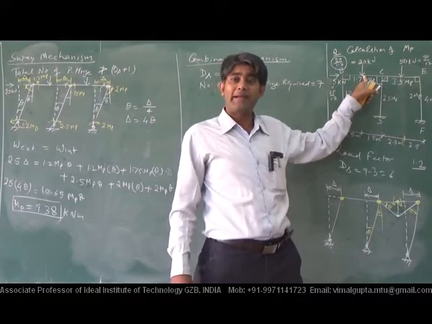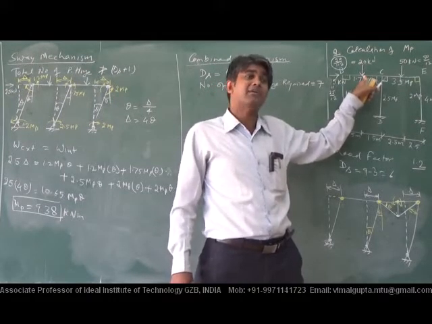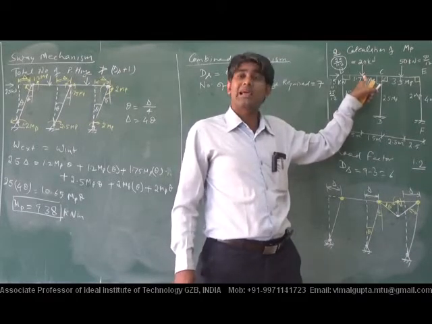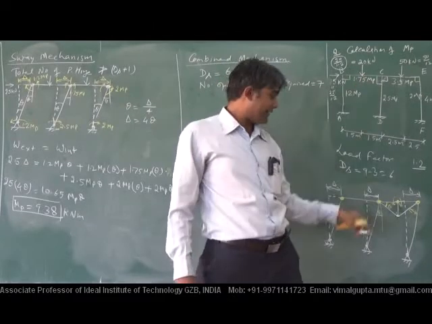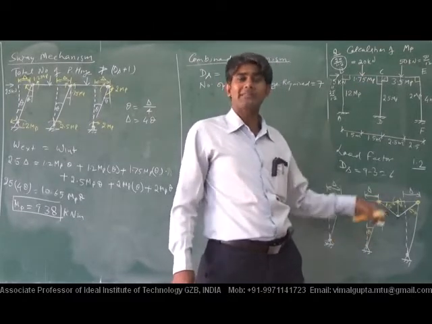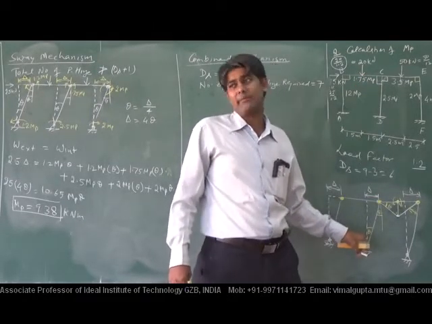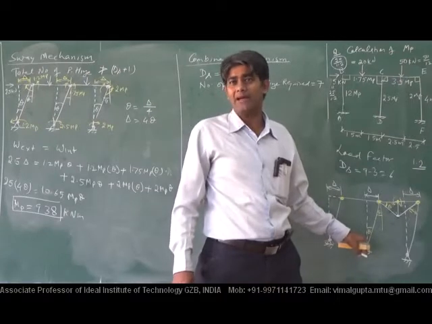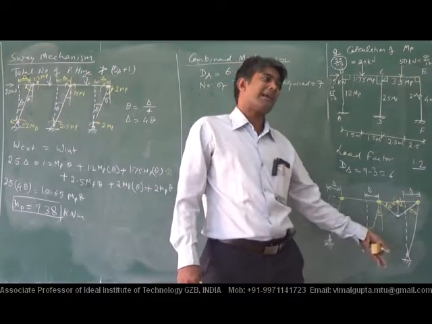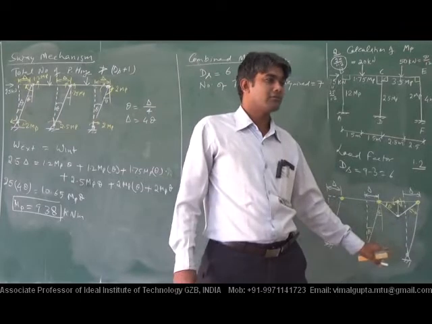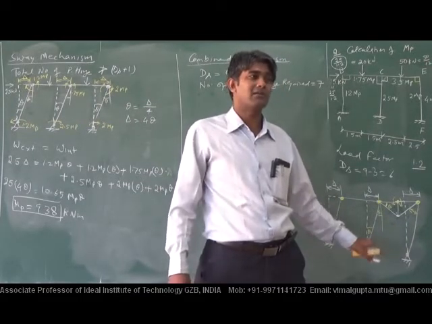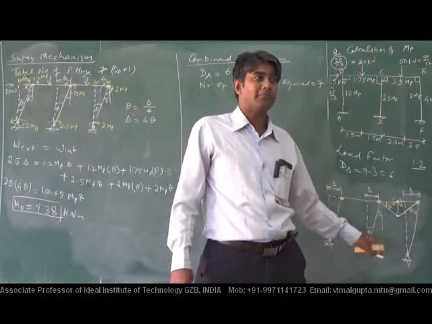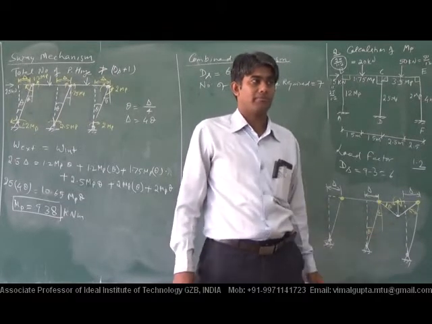After making that deflected shape, we will think about whether it is possible or not. Now it is possible. After having that, it is concluded that it can be possible. If we have the deflected shape, then the calculation is very simple. Calculation for Mp is not a difficult task. The difficult thing is only to have the correct shape.